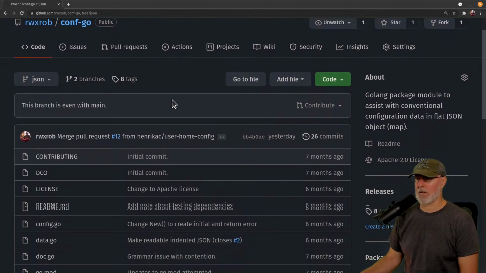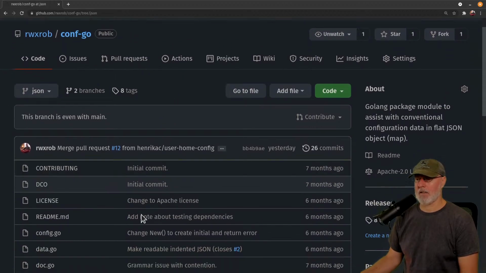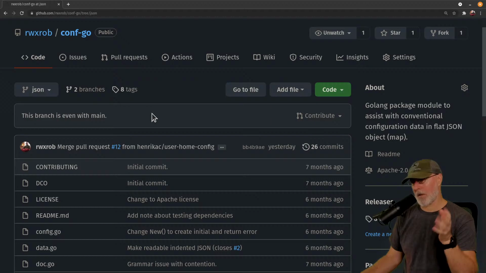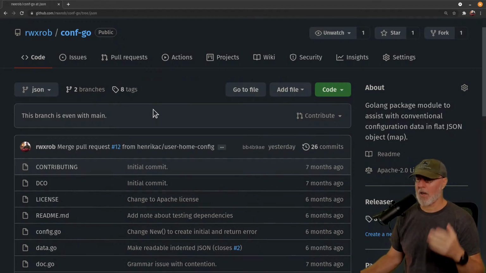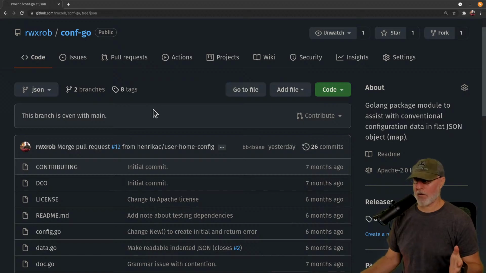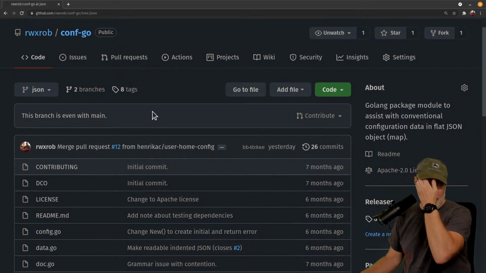And so we have conf-go. Again, this is used by other tools, and I'll get into what it's about, and we're going to write all of that. We're actually going to write a spec together as a part of this process. So one of the goals, if you're coming here and you're brand new, you've never coded Go before, I'm going to assume that you don't know any Go, and I'll talk about what you have to create and how, and why.